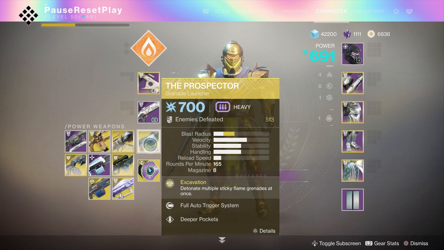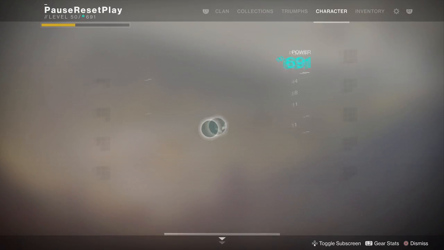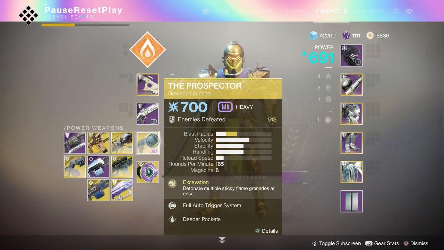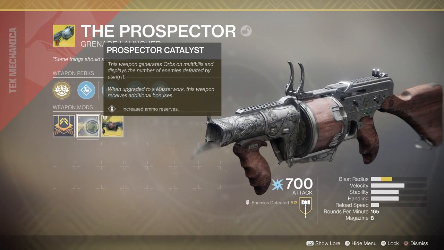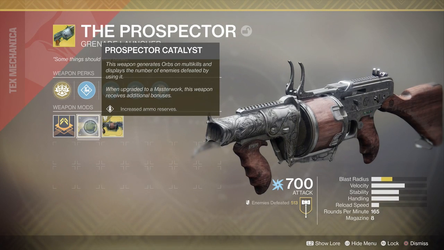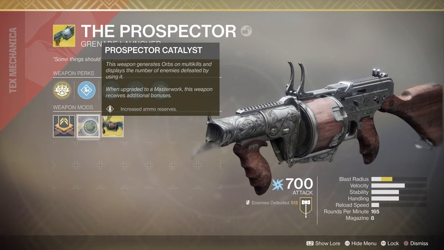Is it worth it? Is it good? And what's the fastest way of leveling it up? So you'll notice here that with this catalyst there are two primary benefits. You have the Deeper Pockets perk now being active, and you also have a big increase to the blast radius on this grenade launcher. So with Deeper Pockets, that's going to increase your ammo reserves, and it is a pretty significant bump. With the blast radius, you are more or less doubling this of the weapon, so that's a pretty